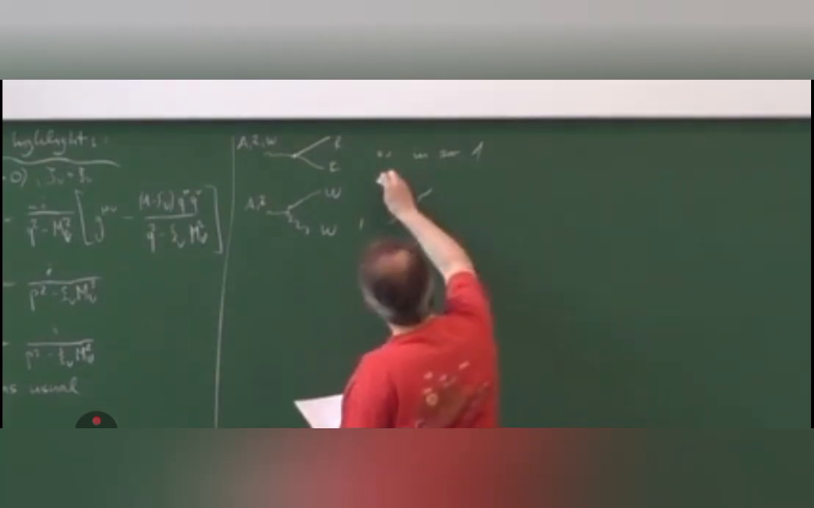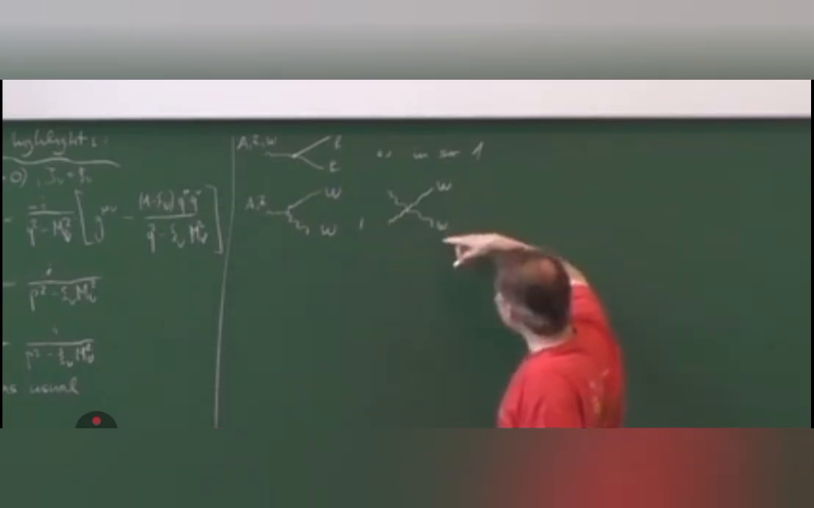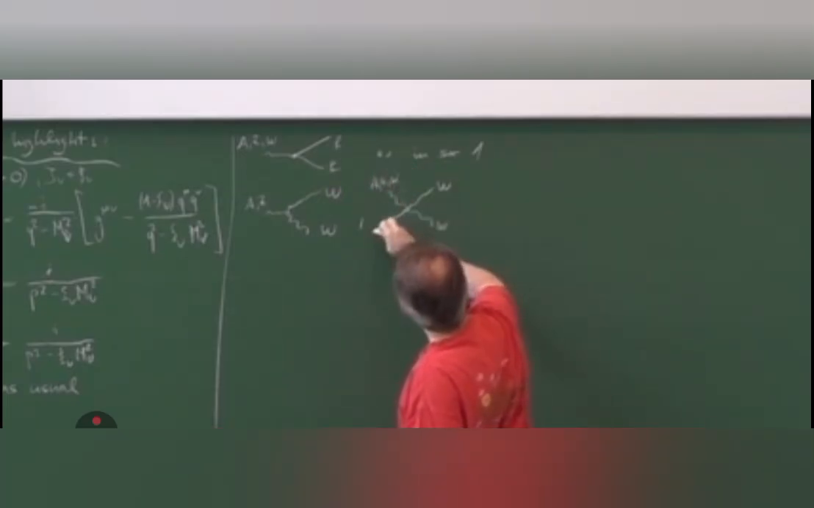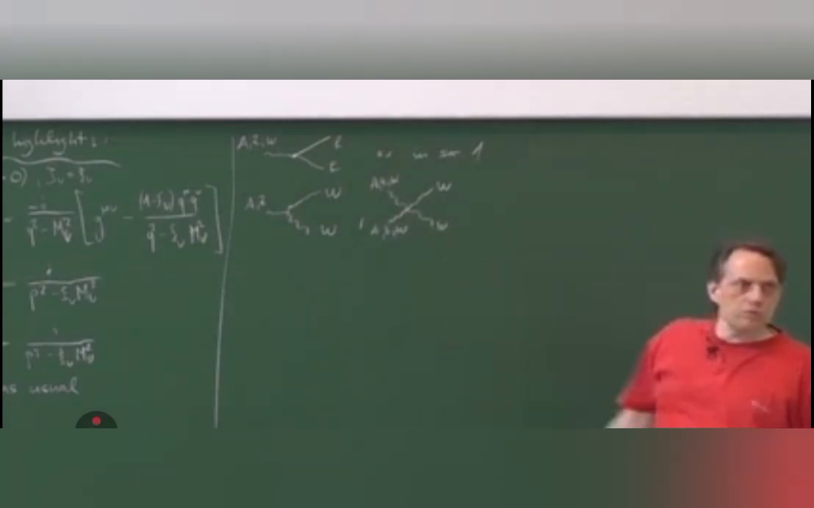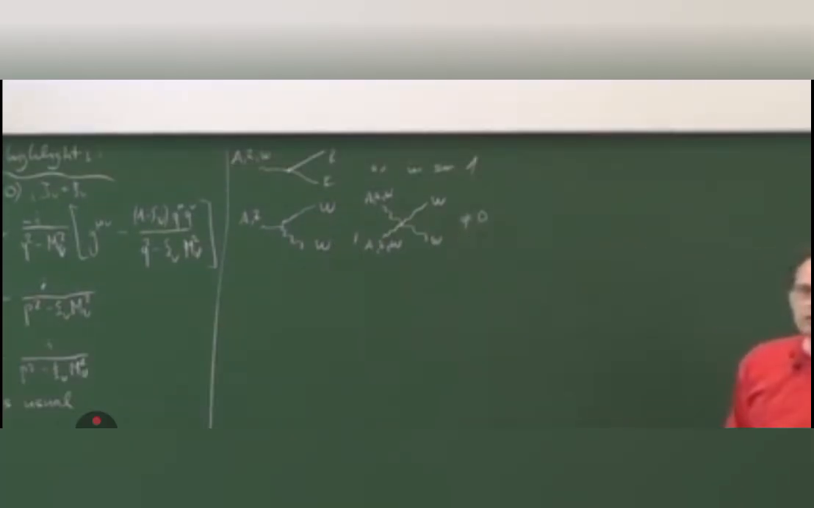So then you have here also a quartic interaction with 2 W bosons, and at the other lines you can have any combination of photon, Z and W, which corresponds to charge conservation overall, and then those vertices are non-zero